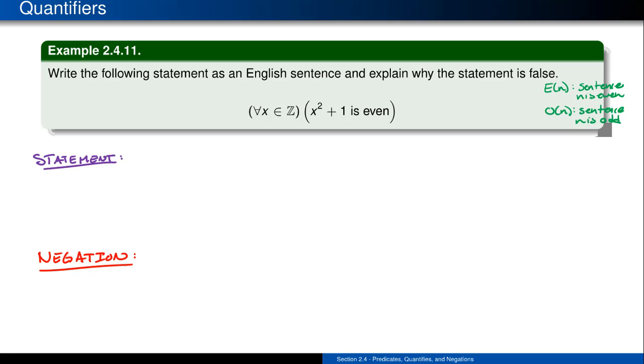So in this case, like I mentioned, it is written in symbolic form. You can see all of these horrible little symbols all coming into play. There are the two really big chunks of this thing. The portion on the right is going to be this sentence or this predicate that is going to describe something about this expression x squared plus 1. In this case, I'm claiming that x squared plus 1 is going to be even. On the other side is going to be talking about where those x's are coming from. In this case, these x's happen to be these nice little integers. You can see that really big, fancy, handsome Z in there that's going to represent